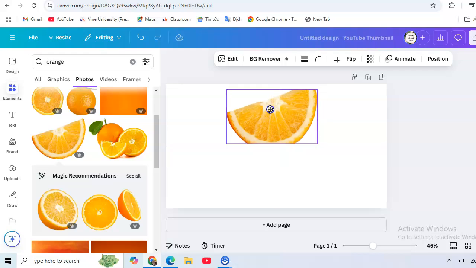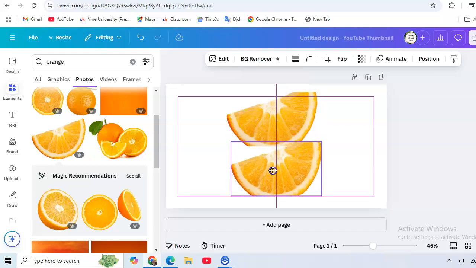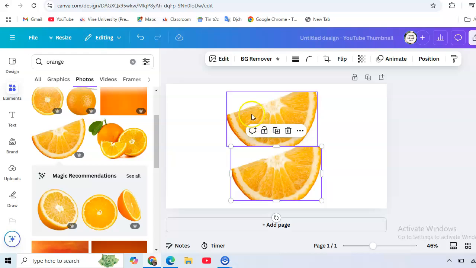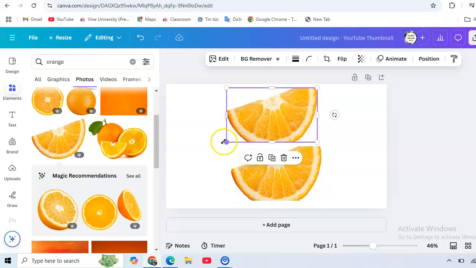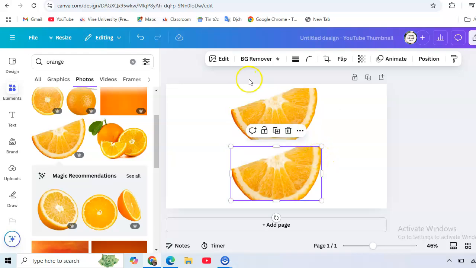Just move it here, and after that click duplicate, and then flip vertical,